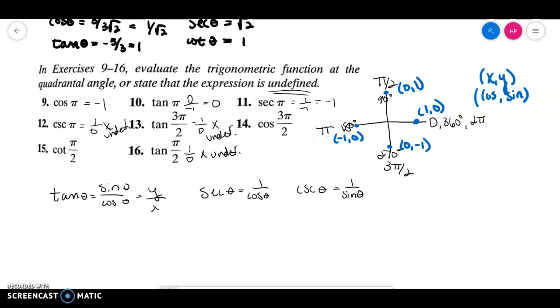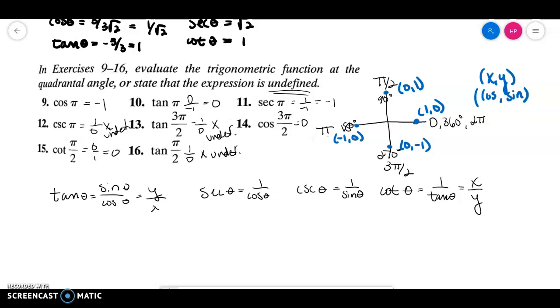I skipped the cosine of 3 pi over 2. That's just the x coordinate. That's 0. And something like the cotangent at pi over 2. So a reminder on that guy: the cotangent of an angle is the reciprocal of the tangent. And so this time I'd be looking at x over y instead of y over x, if that one is a little bit easier. So 0 over 1